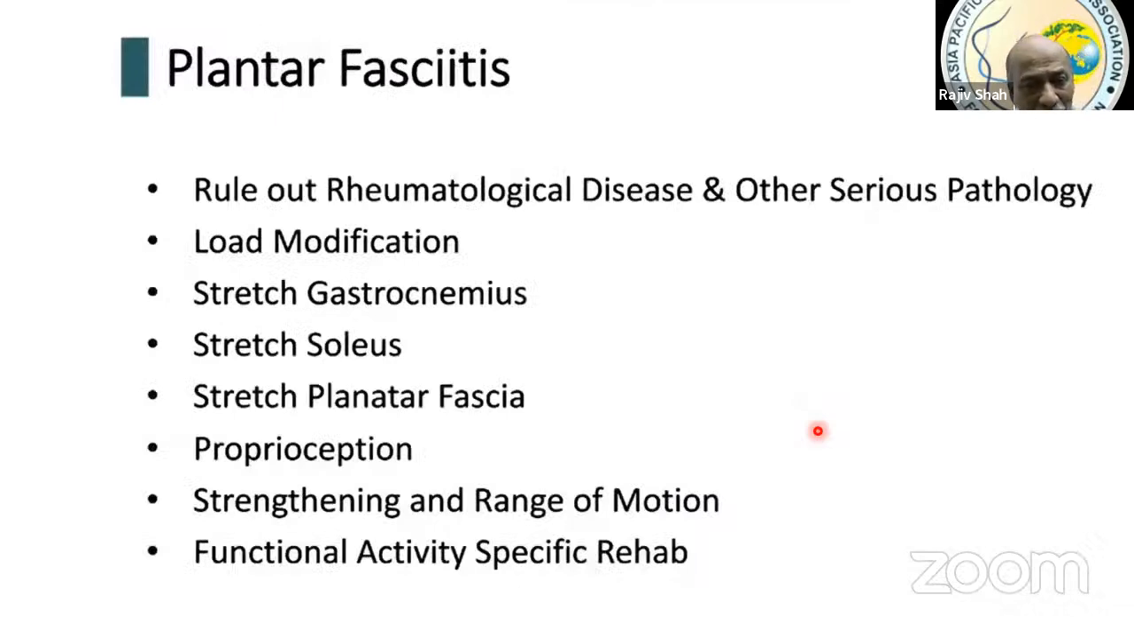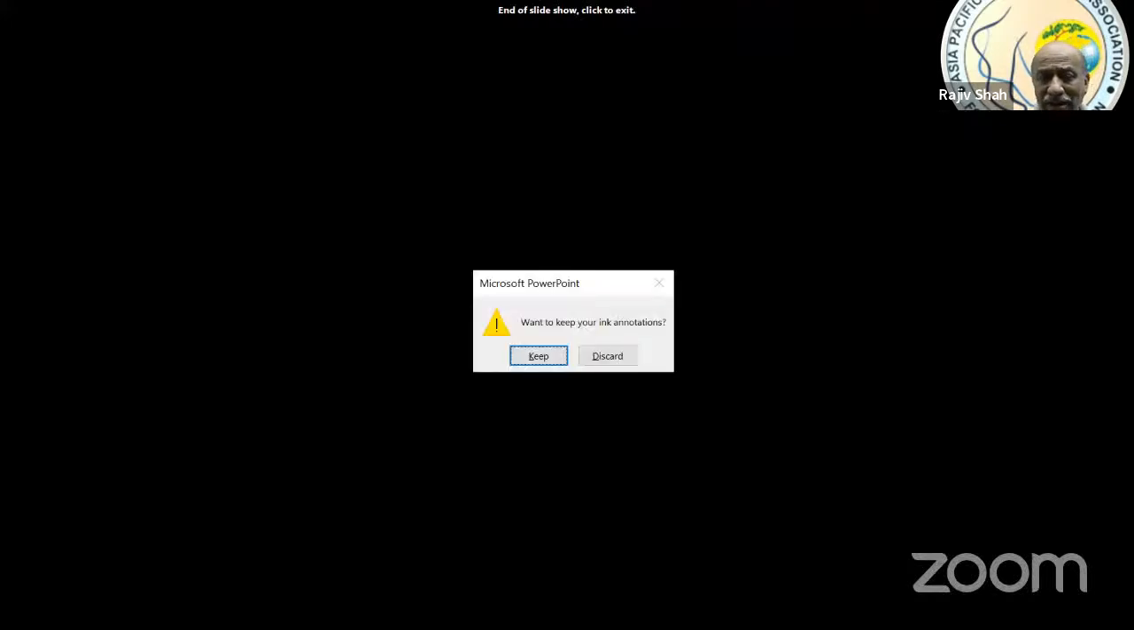Plantar fasciitis, you need to stretch gastrocnemius, stretch soleus, stretch plantar fascia, teach them proprioception and strengthening, and then activity-specific rehabilitation. So this in a nutshell is the kind of physiotherapy aspect which we take care of in our foot and ankle practice. So I hope